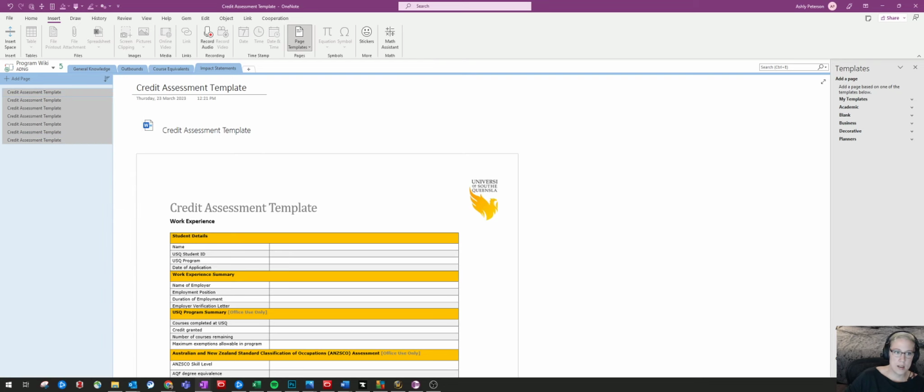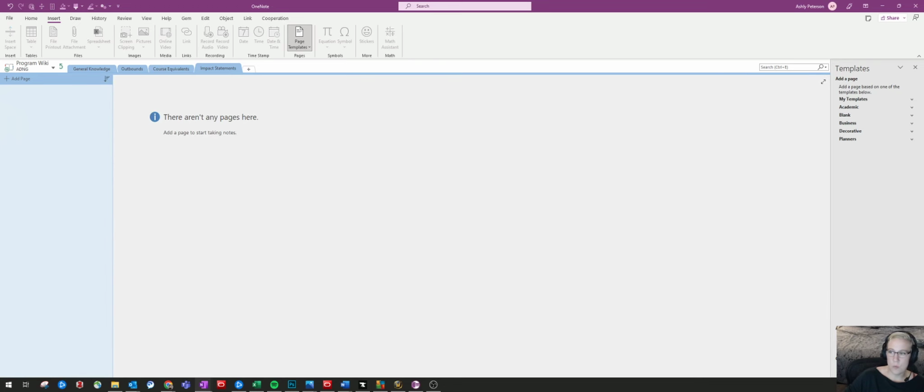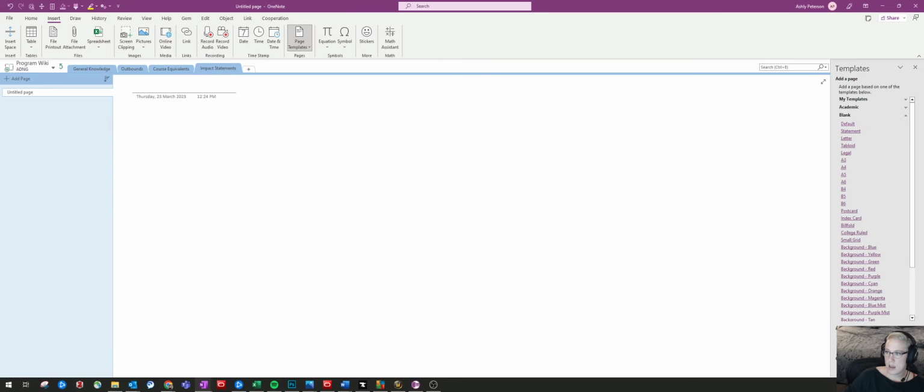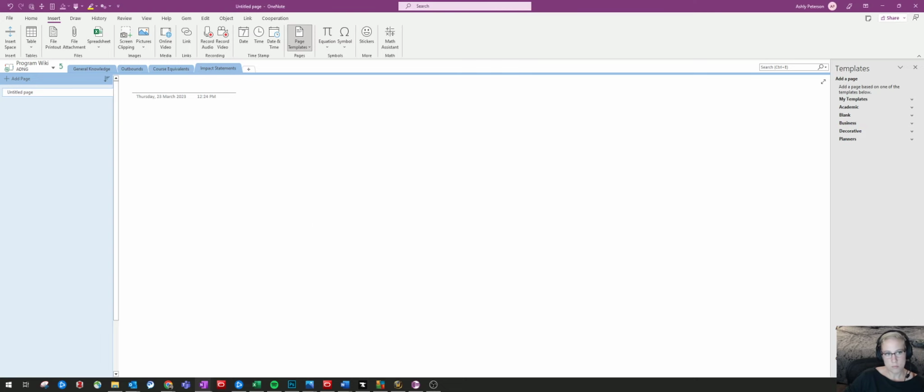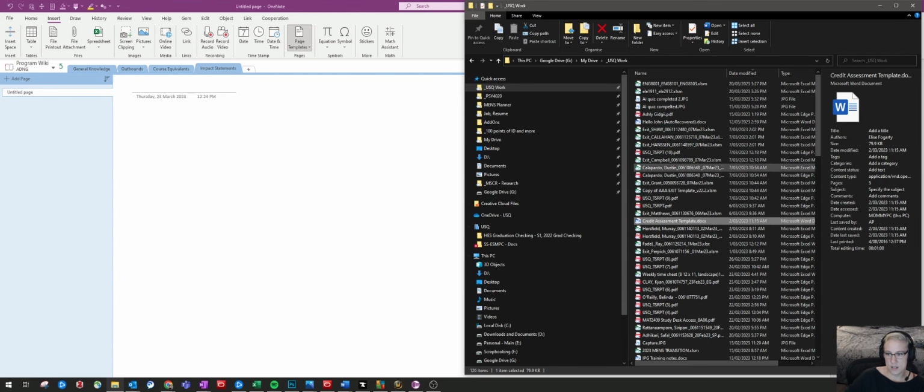Okay, and then unfortunately, if you set something as a template and then you change your mind, you can click Default and then right click and set as default for this section. And it'll say this will remove the current default template for this section. There's no way to undo it. Are you sure you want to? Click yes. Okay. Now you can also go File Printout, File Attachment, Spreadsheet,